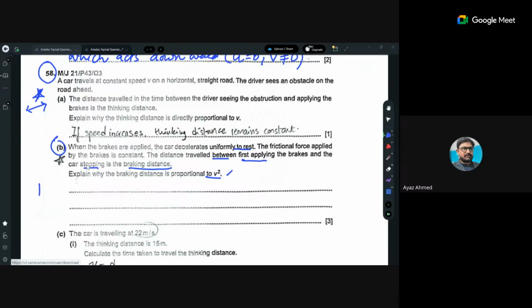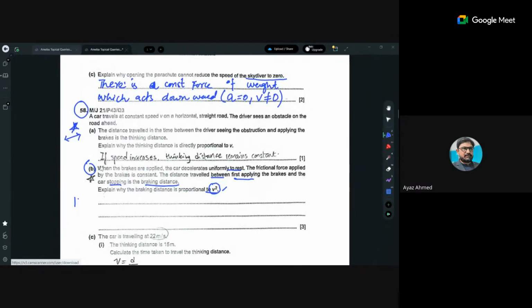So once the question is, the braking force is directly proportional to square of speed. It means that if the object will have some speed, whatever that is, then you are applying the force, okay, and that force will cause the object to be stopped by traveling distance x. But once the velocity and the speed is increased, by applying the same force, this distance would be increased. But there is a problem in this whole situation. What I would like to address here, you know,